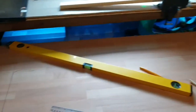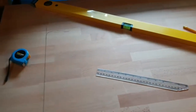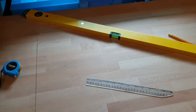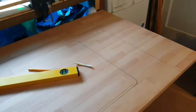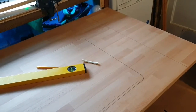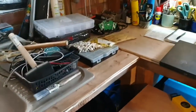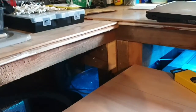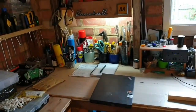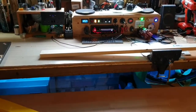But unlike my usual builds, where the objective is usually to be strong and functional, but as close to free as possible, and that means they don't usually look house worthy, pretty, this desk build, the aim was for it to look really good as well as being cheap. So for example, this workbench here is something that I built out of scrap wood. Someone was demolishing a garage, and this was all roof timbers and floorboards, and I picked all this wood up for free and used it to build this functional, solid workbench,